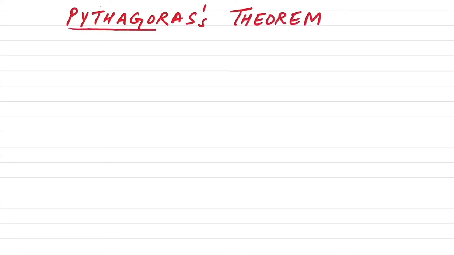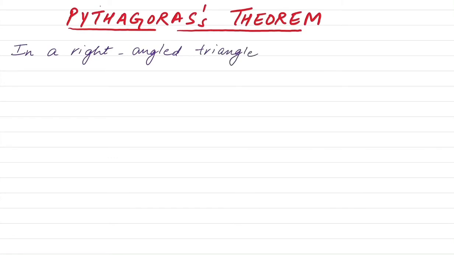Today we are going to learn about Pythagoras Theorem. So where do we use Pythagoras Theorem? We use this theorem basically in right angle triangles. Let's state that. In a right angle triangle, the longest side is opposite the right